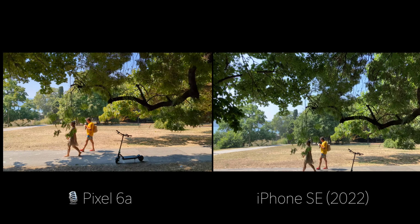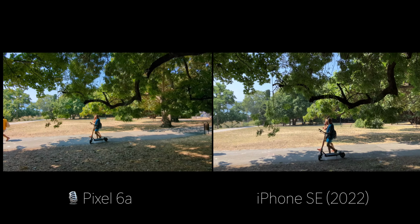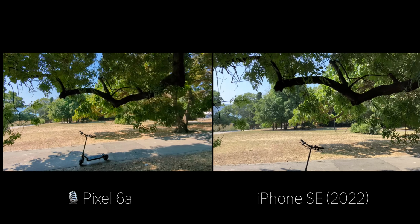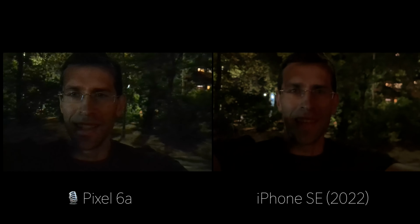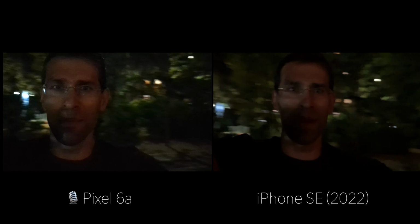Alright, and the Pixel 6a also has an ultra-wide camera feature that is missing on the iPhone SE. So this is the ultra-wide camera on the Pixel compared to the iPhone. And this is a low light, let's say frankly it's a nighttime video sample recorded on